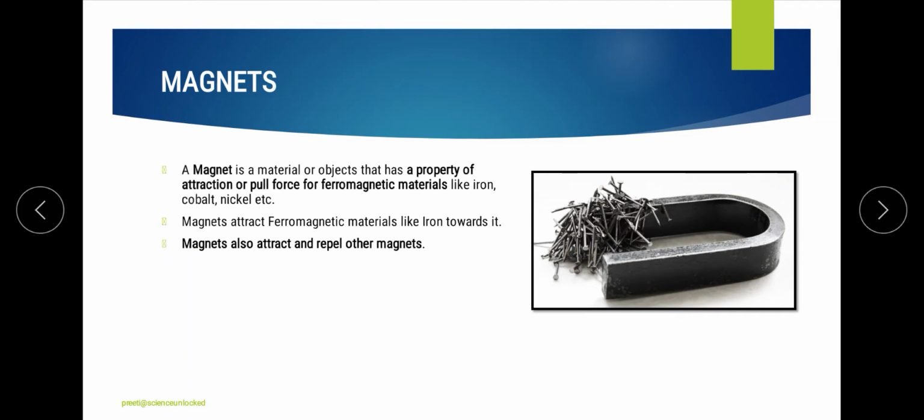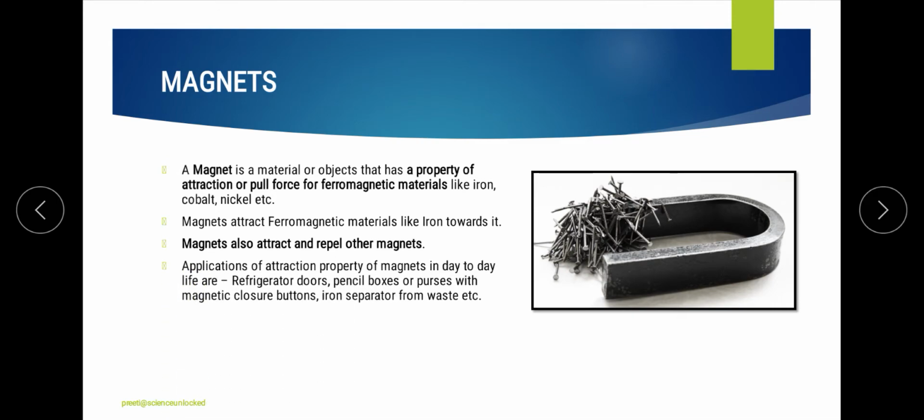So we will find that these magnets have two kinds of forces altogether, with which they attract or pull the other magnet. Now one thing to be taken care of is that when we talk about attraction or repulsion, this is with reference to magnets, means two magnets interacting with each other, whereas when we talk about the force of attraction or pull with reference to a ferromagnetic material, over here one is a magnet and the other is an object which has a small amount of that magnetic property inside itself.